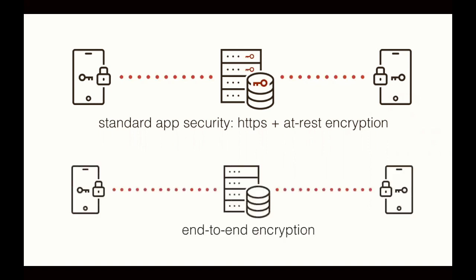So what is end-to-end encryption? End-to-end encryption starts in the same way. You have two people chatting or two people exchanging documents or some sort of data, but the data is encrypted on the mobile devices or in the browser. And it's the encrypted data that will go up to the server via HTTPS. And the web server and the database will never be able to decrypt that data because the key remains with